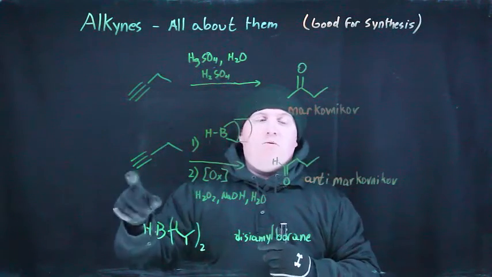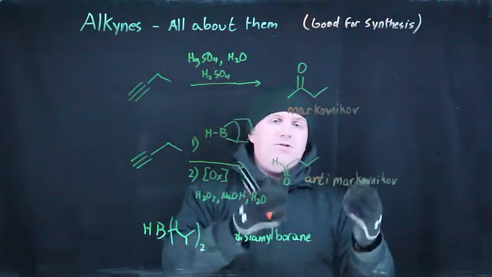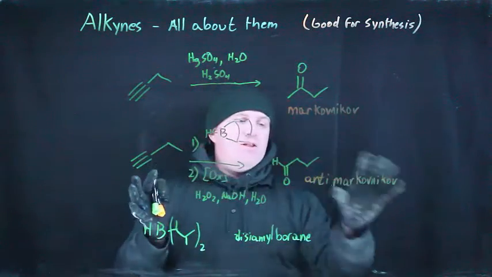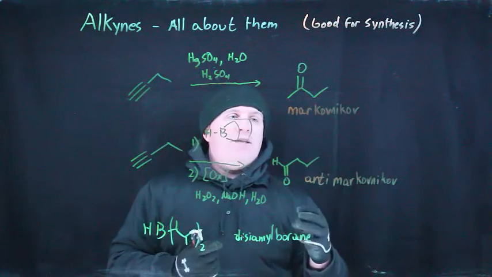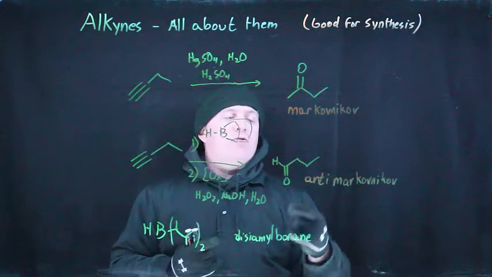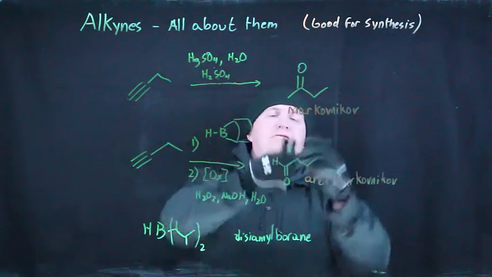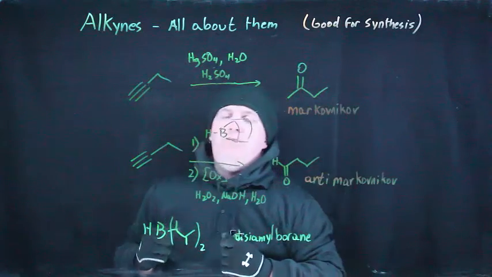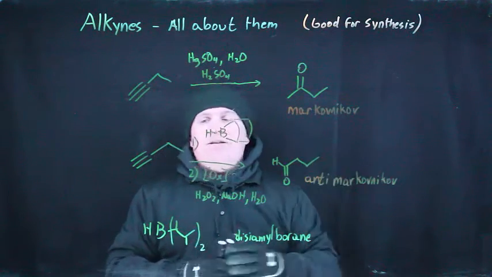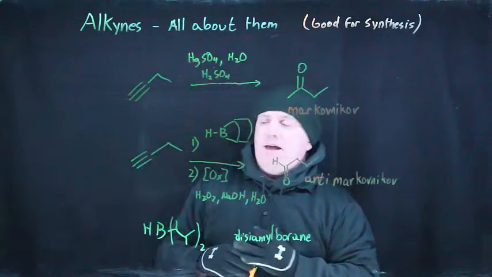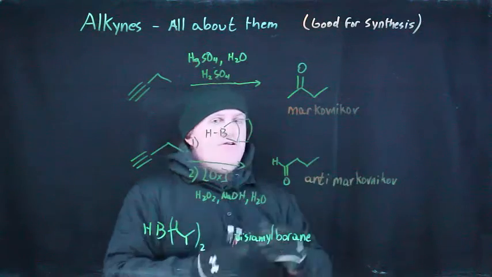Using boron to add water across a triple bond in an anti-Markovnikov fashion will lead to an aldehyde. So the main reason to bring these two possibilities up is because it's going to be one of the very few ways that you have to make ketones in the course or aldehydes in the course. If you see a ketone, that came from a Markovnikov addition to a triple bond or alternatively ozonolysis. And likewise, if you see an aldehyde, well, that's coming from a borane addition to a terminal alkyne or alternatively